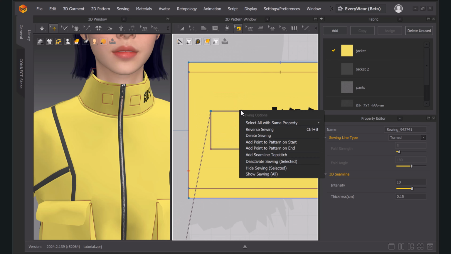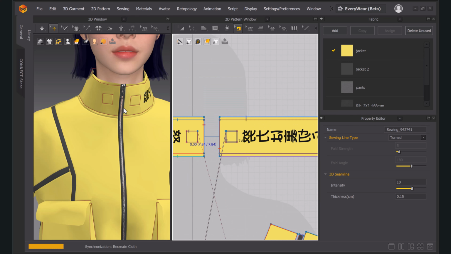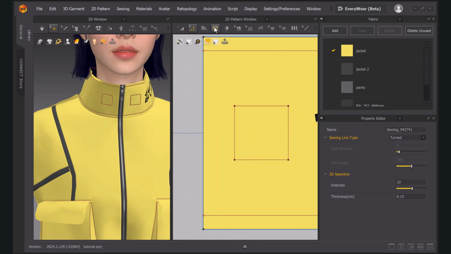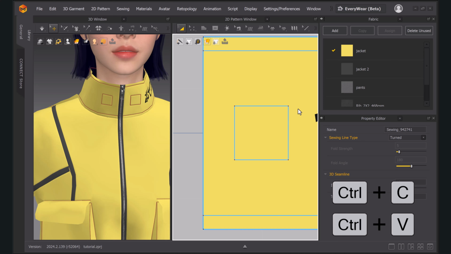Okay, they are not in the same way, so I have to reverse it. Let's see. Okay, now what I'm going to do is to copy and we